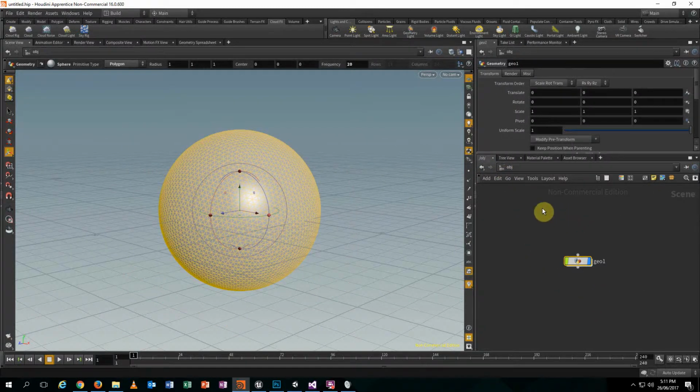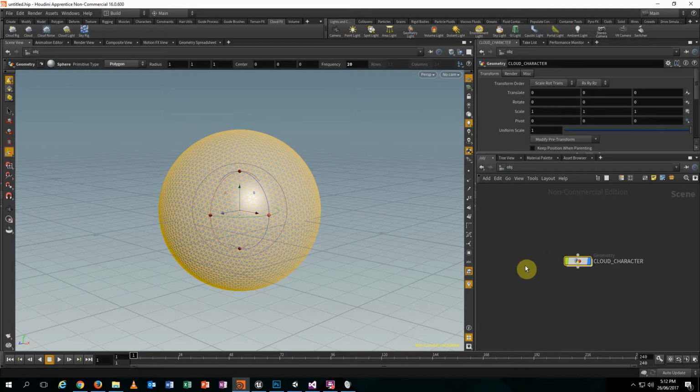So we are in the object sub panel. We animate when we are in channels. We play around with images and composite. You can do compositing in Houdini, which is pretty much similar to Nuke, but very basic. This is where you make your materials, and this is where you render out. This is where you make your shaders, and this is where you program. Cool. So let's call that cloud